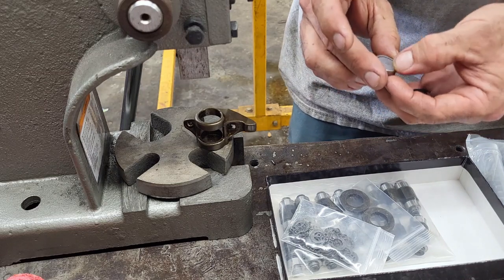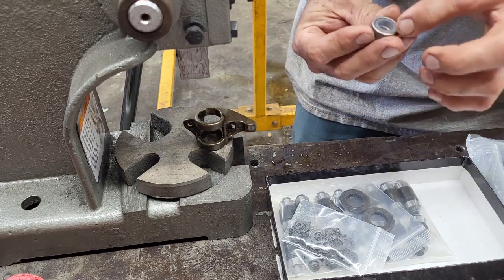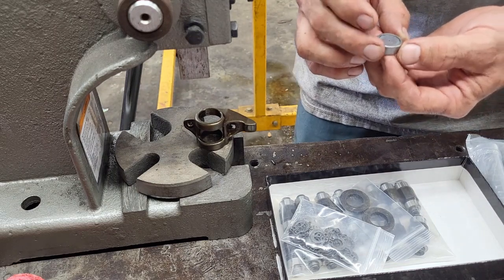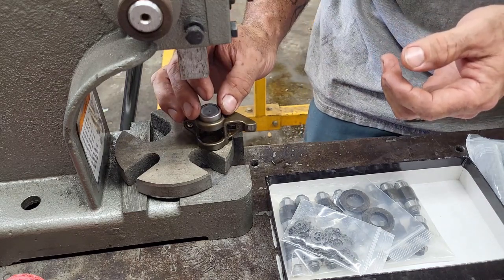If you look at them closely, one surface area is much flatter than the other. One's got a little bit more of a rolled edge to it. The surface area that's flat actually has writing on it. So the instructions recommend putting that up. So basically, you just center this up on here,